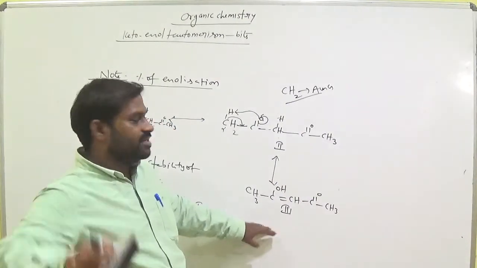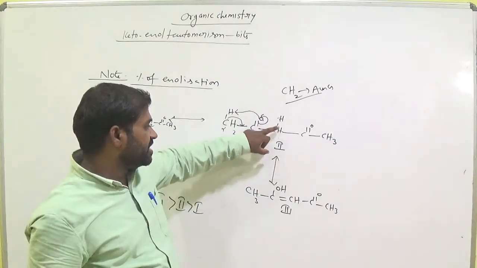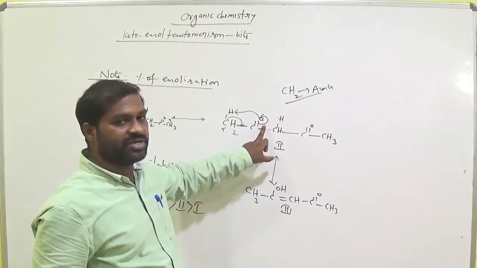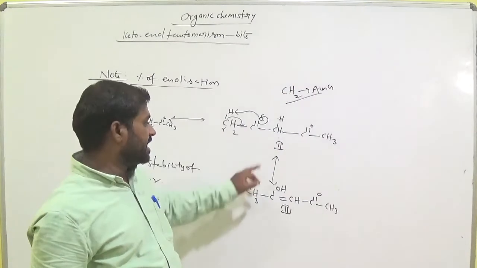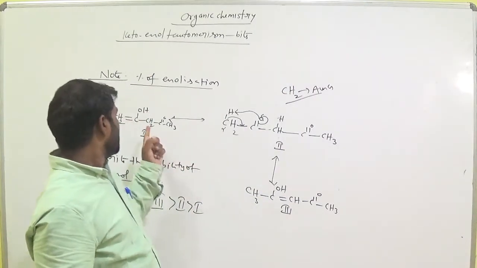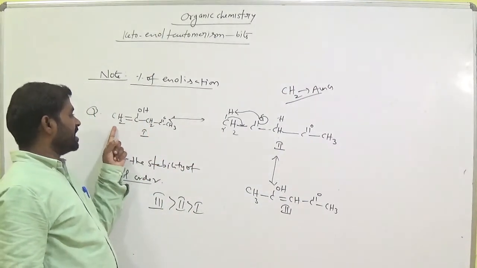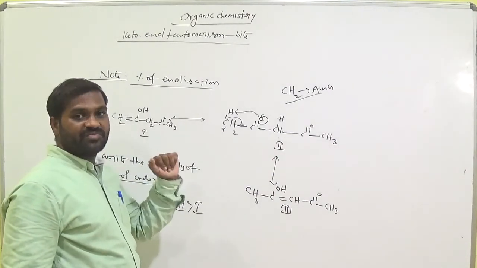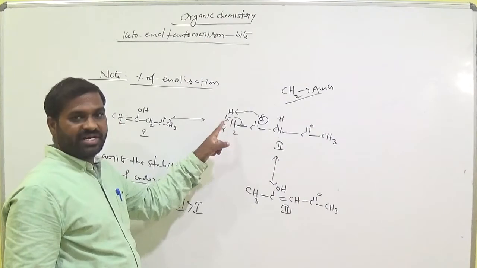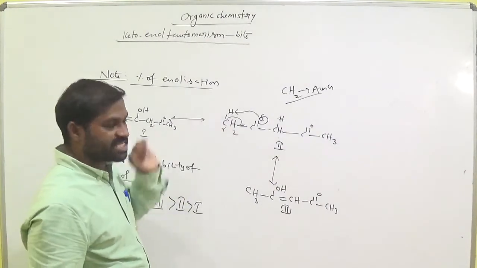Did you get this point? Here CH2 is there. When this hydrogen is involved in keto-enol tautomerism, we get this one. So this is the more stable enol. Then next priority goes to this one. Okay, and first priority, why? Because here in this case, when we get this compound, which hydrogens are involved? These alpha hydrogens are involved. It is not an active methylene group, it is a CH3.